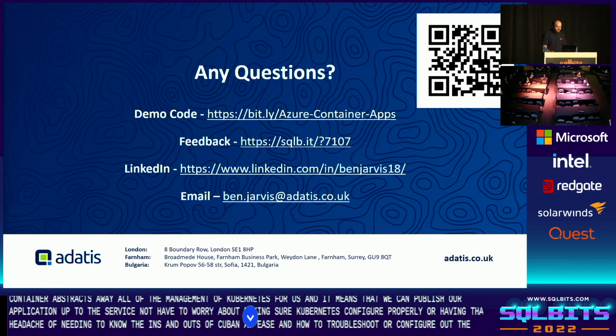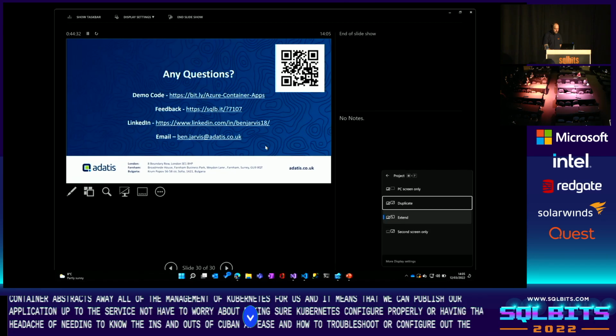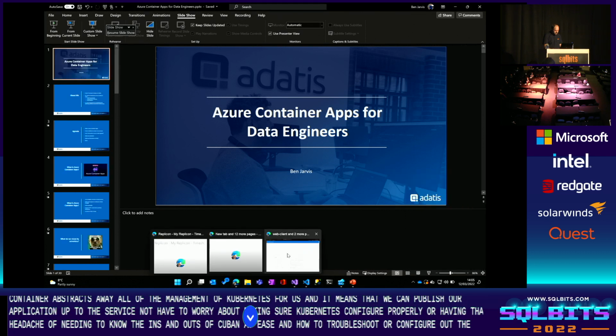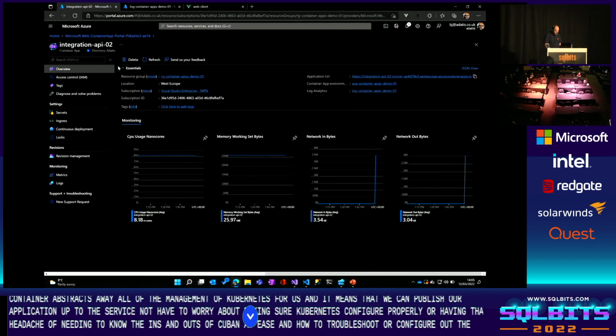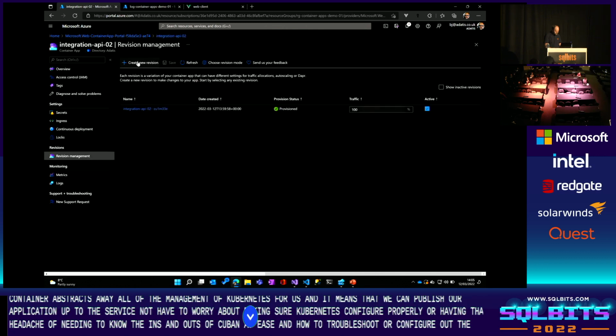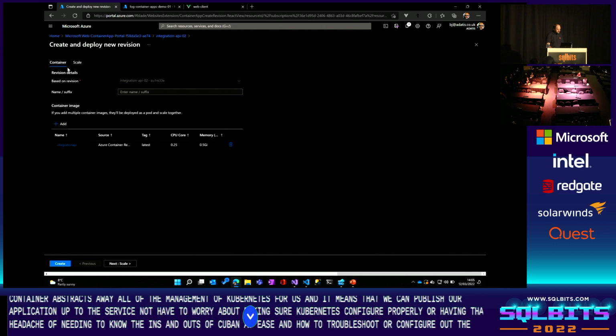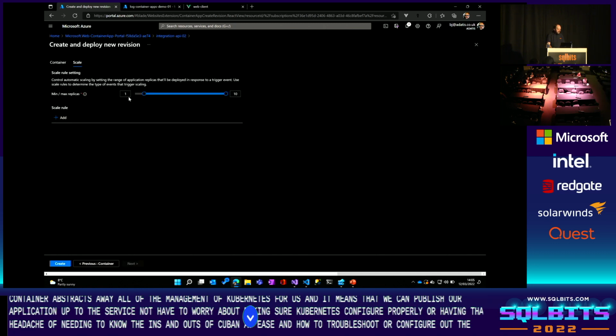So it's serverless, but you're also able to keep an instance available. If I hop back to the Azure portal and look at some of the scaling settings. If I create a new revision of the app and go to scale, what we can do is keep instances available constantly. Say we've got an API, and we don't want there to be any delay in making requests to that API. We can make sure that there's always one